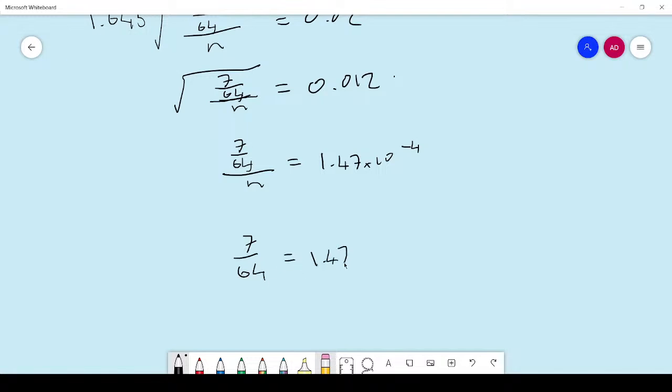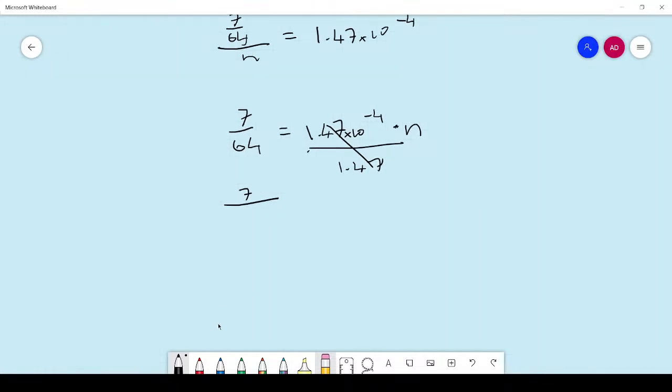So this whole thing times by n, and then we can just divide by this thing here. So that'll cancel out. So on the left-hand side we would be left with 7 over 64 divided by this equals n. So n equals, let's pop that on the calculator, 7 over 64 divided by that 0.012 squared gives n equals